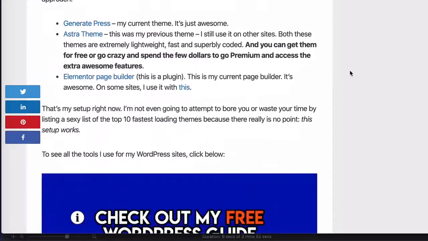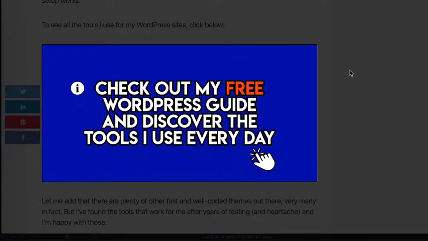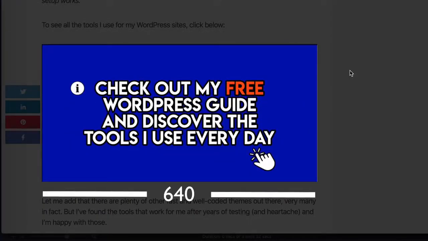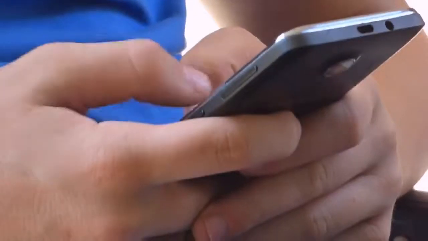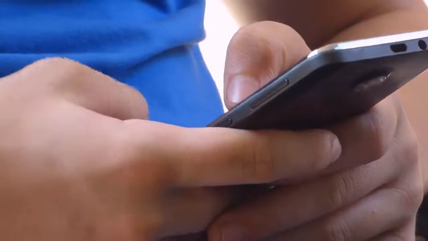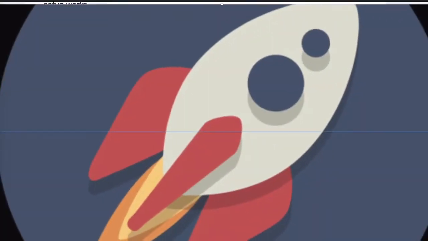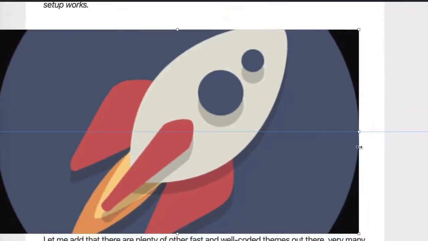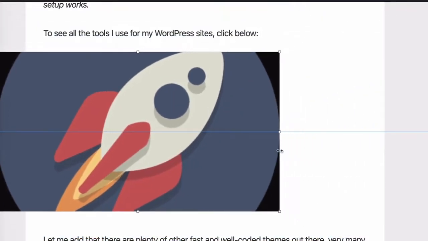For example, if your blog posts display images at a width of 640 pixels, then you don't need to upload an image that's wider than that for your blog posts. Many people upload images straight from their phone, and the problem there is that phones have ridiculously good cameras. Those cameras have millions of pixels and the images are a very high resolution. So you're typically uploading an image that's maybe 5,000 pixels wide, and when you add that to a blog post